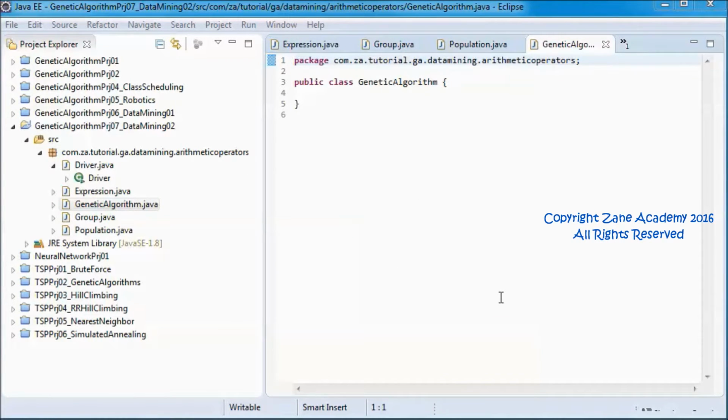And this is where we will have the logic for selection, crossover, mutation, and elitism.